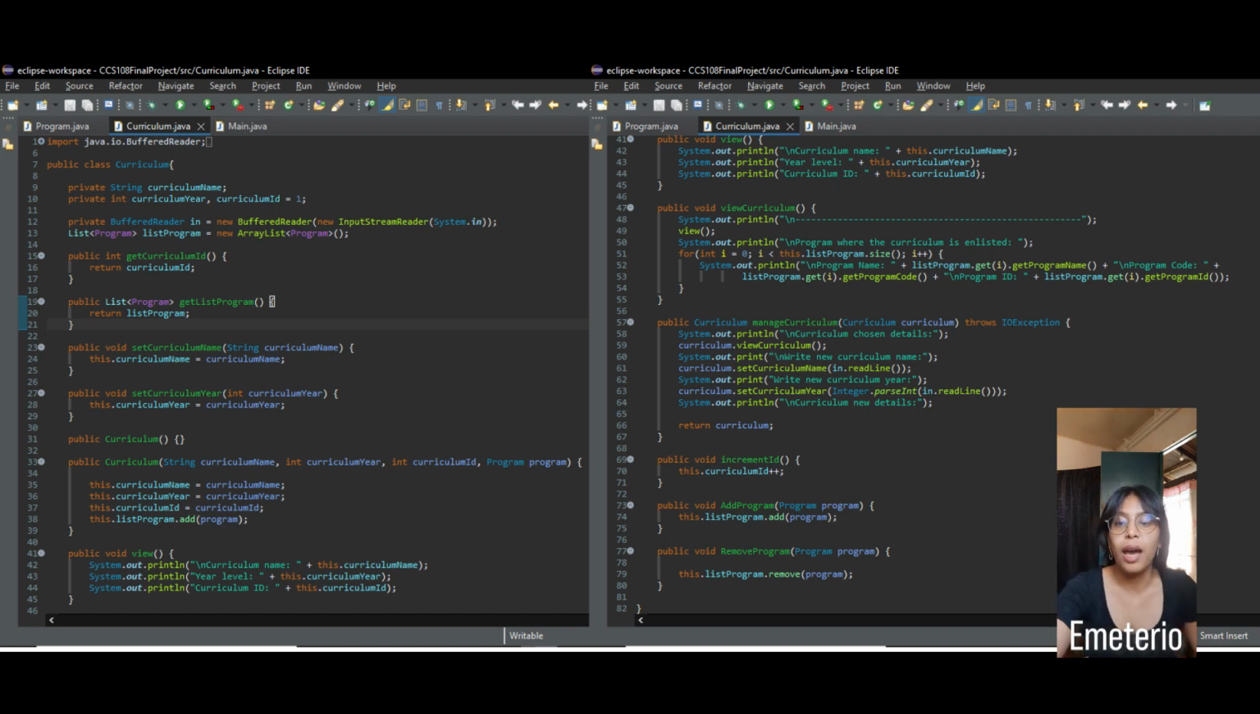And moving forward, we have the manage curriculum method that throws an exception while accessing information using the user input stream, or reading information that does not exist in the method or class. Inside this manage curriculum method, there will be sets of printing statements to guide the user, such as asking the user for the chosen curriculum details, or to write the new curriculum name or the curriculum year or